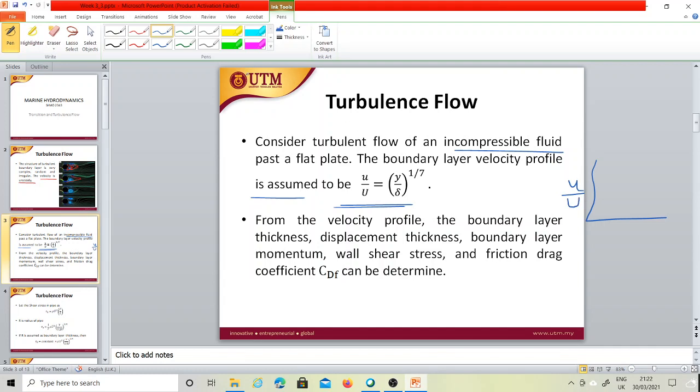I'm just drawing it the opposite way. Anyway, you can draw it either way, it should be okay. So if you have u by u infinity, and if you have the y by delta,